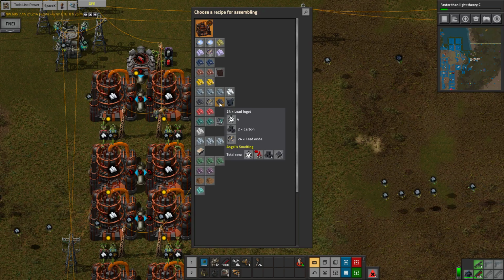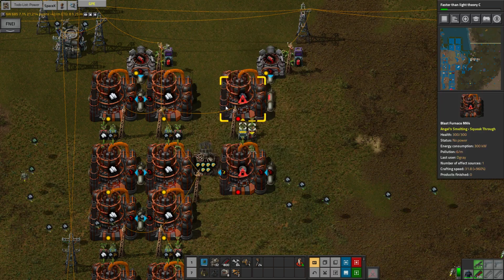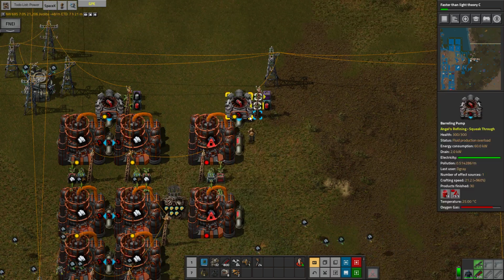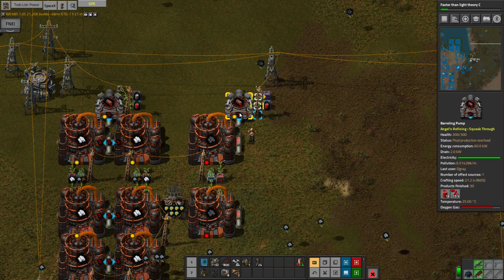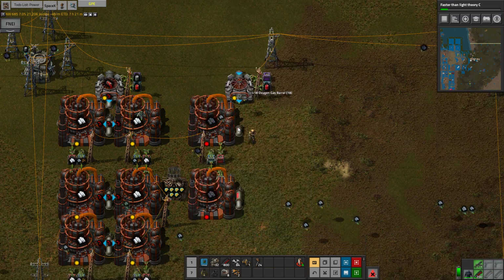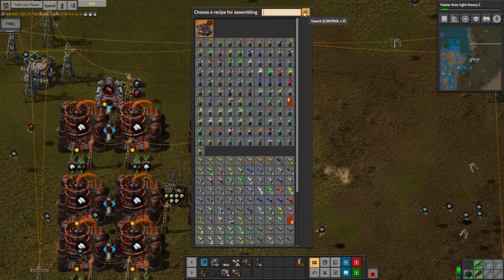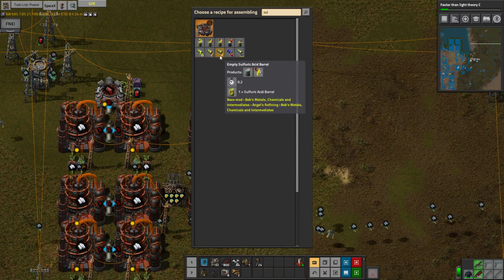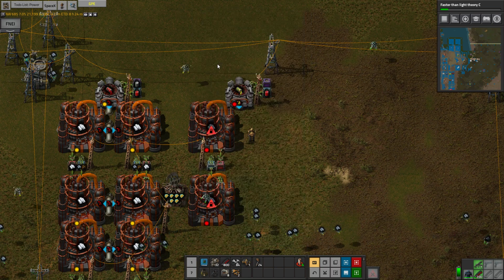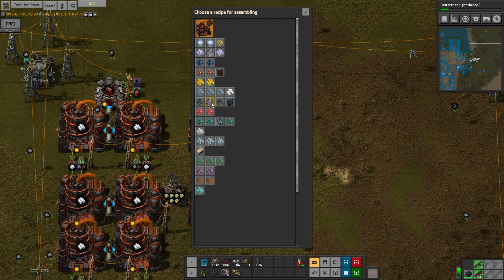So let's do lead right here. This lead ingots should. Oh, then we just need something else than this one. Well, that's easy. Let's just change all of this to sulfuric acid out. Let's see, let's change this to...